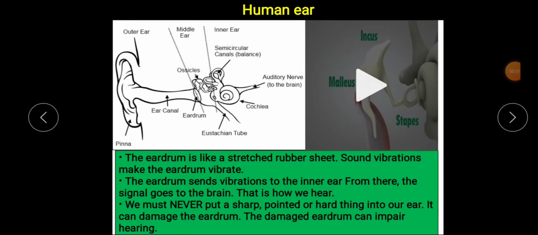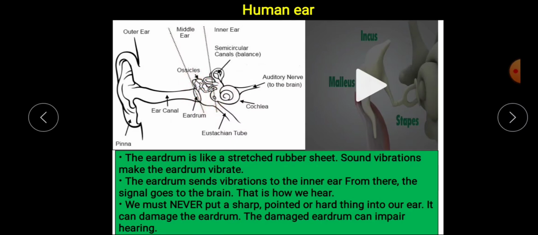So this eardrum, and along with this eardrum, can you see here the ossicles? This is actually a combination of three bones: malleus, incus and stapes. These three are very small bones, and as you know, the stapes is the smallest bone in our body. This all comprises the middle ear.